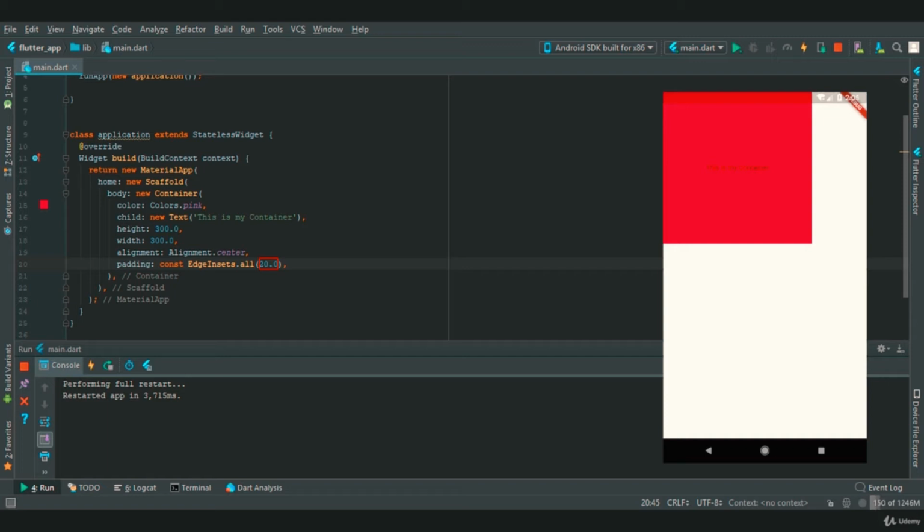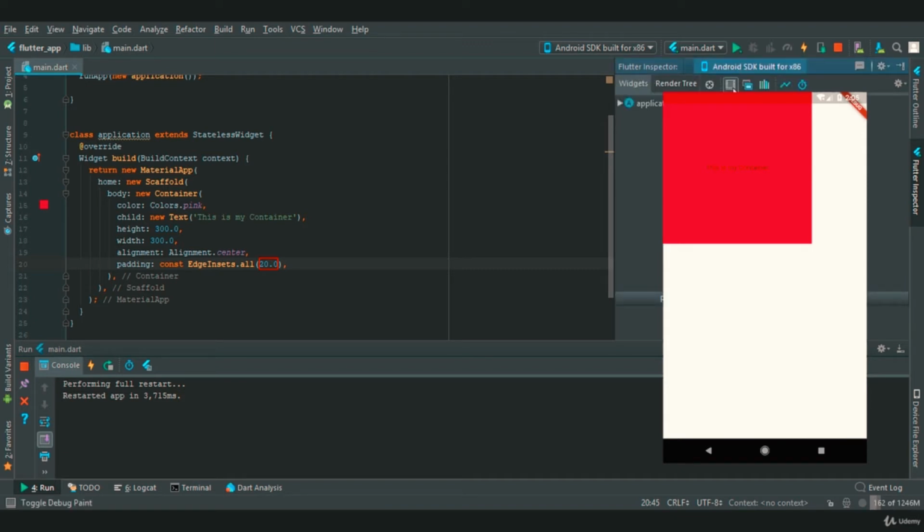Now as you can see, we are not able to see the padding. So for that, if we click on Flutter Inspector over here, click on our emulator, and select the layout structure, now you are able to see that we have got a padding of 20.